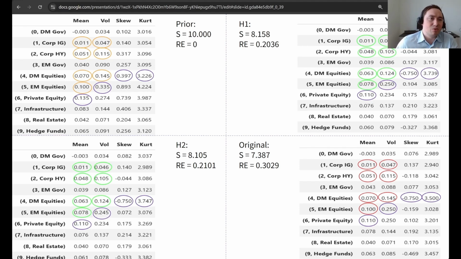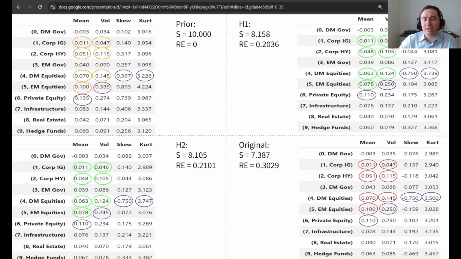So we have the means, volatility, skewness, and kurtosis, and of course for the prior, this effective number of scenarios, because it's uniform in the probabilities, will be equal to 10,000. This is the number of scenarios we have, and the relative entropy of the prior with itself is of course 0 because it's the same probability vector. So then we go ahead and we implement some views on the expected return of private equity, the volatility of emerging market equity, the skewness and kurtosis of developed market equities, and then actually also the correlation of corporate investment grade and high yield. So then we have these two different algorithms